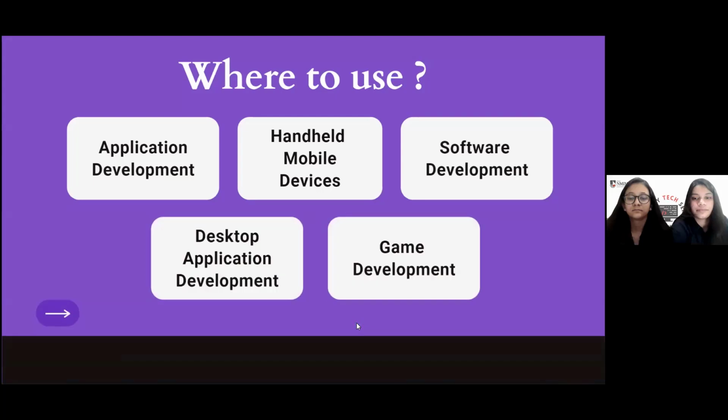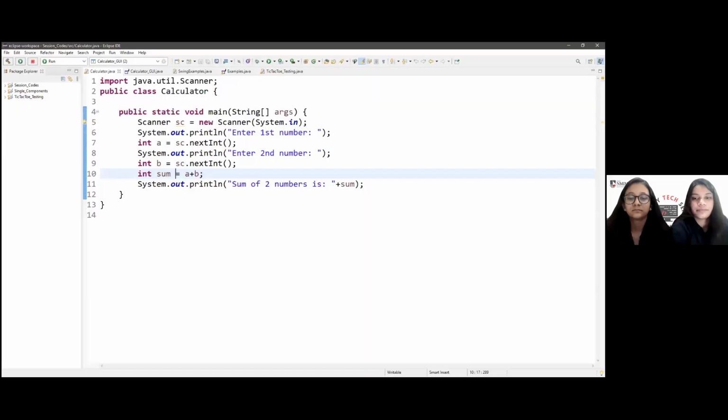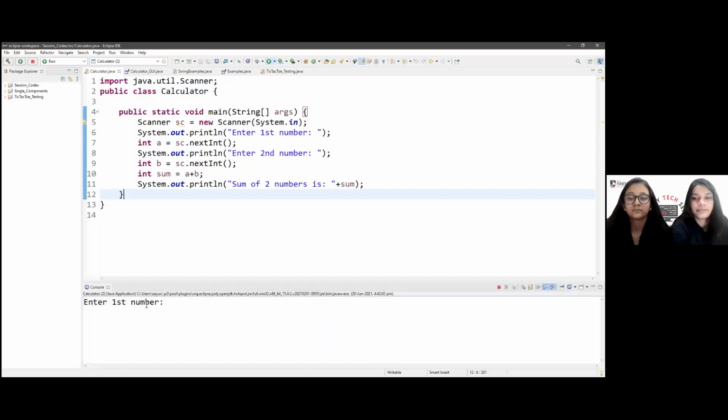So now, let us see a quick comparison between a code coded in a GUI and a non-GUI code. So here we have this code which is a non-GUI code, for the addition of two numbers. On running the code, we see that the console window appeared, and it says enter a number. So we'll enter the first number, maybe 45, and then the second number, that would be 34. So we'll get the sum of the two numbers, that is 79, on the console window itself.